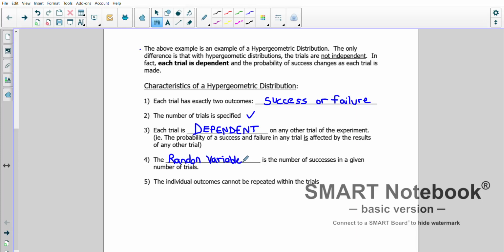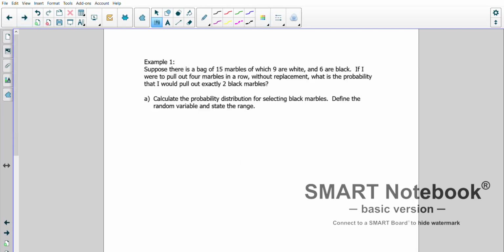And there we have it. Okay, so let's move on to this example. This is the example that was put out in the intro, exact same one, except it's asking for